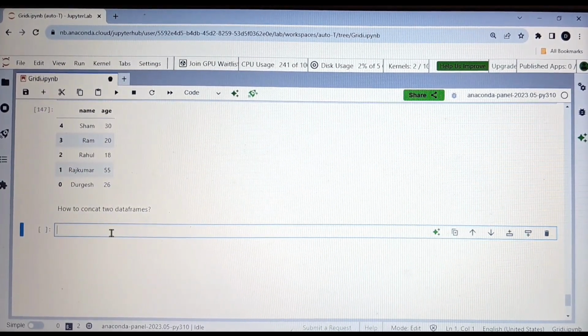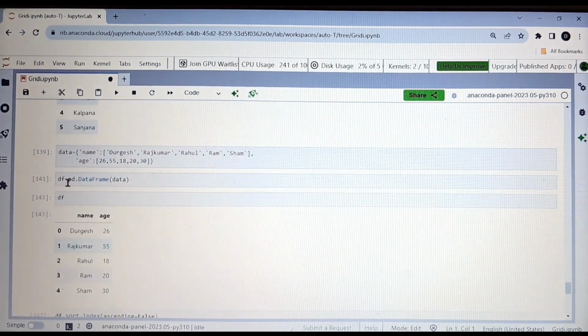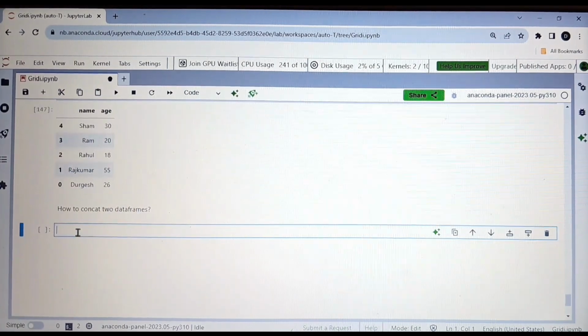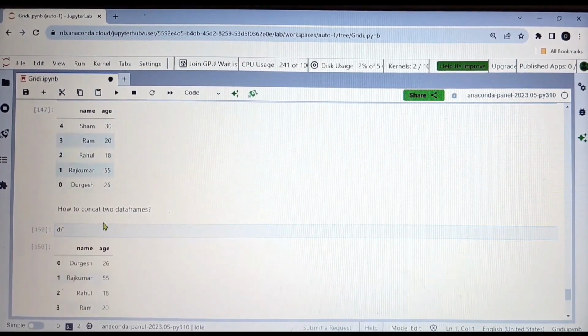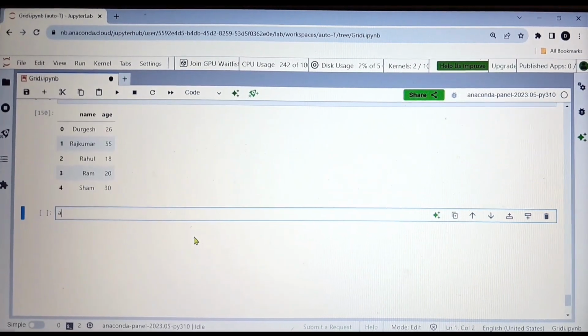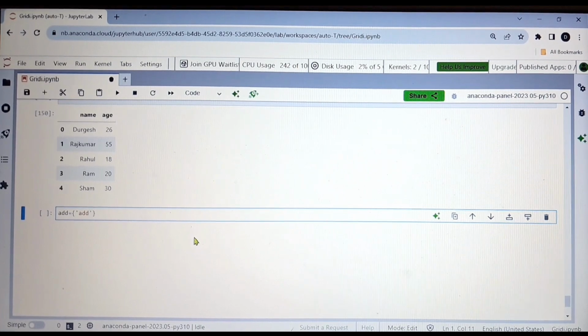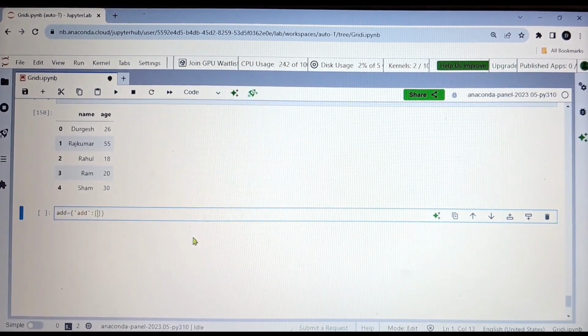Next thing, how to concat two data frames. For example, you have two different sheets and you want to concatenate or combine those two different sheets. So how can you do it? We have one data sheet, for example, df. Let me show you. We have this one data sheet, and let me create one more data sheet. For example, address equals, then I'm taking one key, for example, address. Then here I'm passing the addresses, for example,